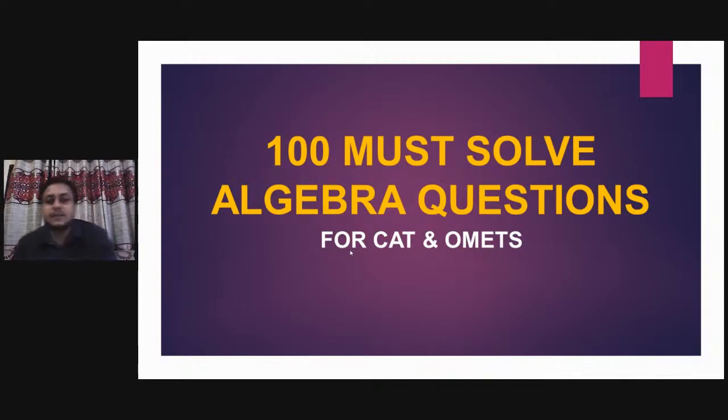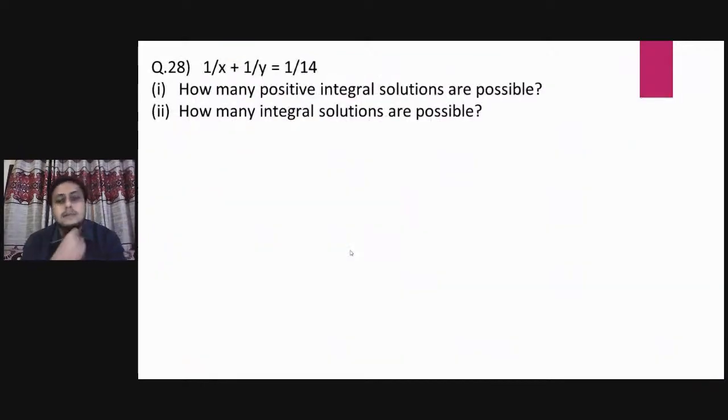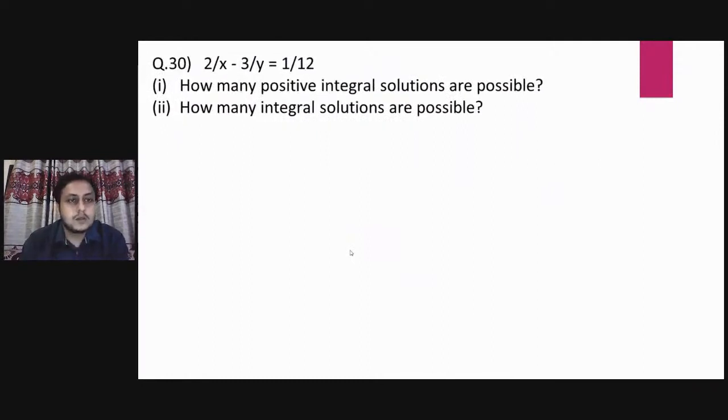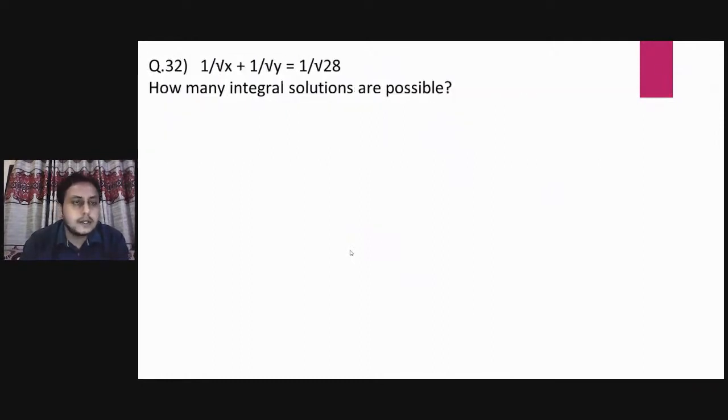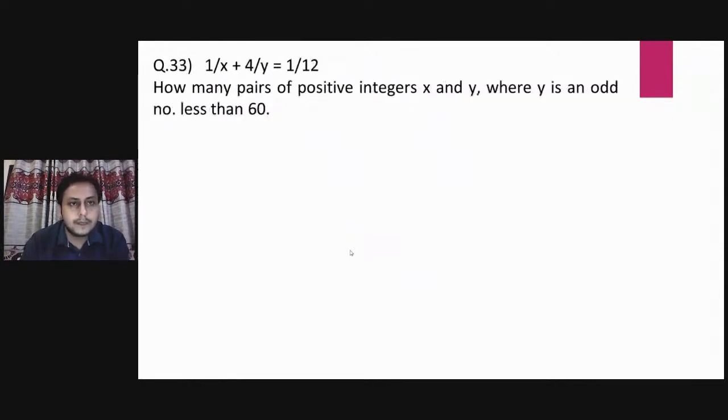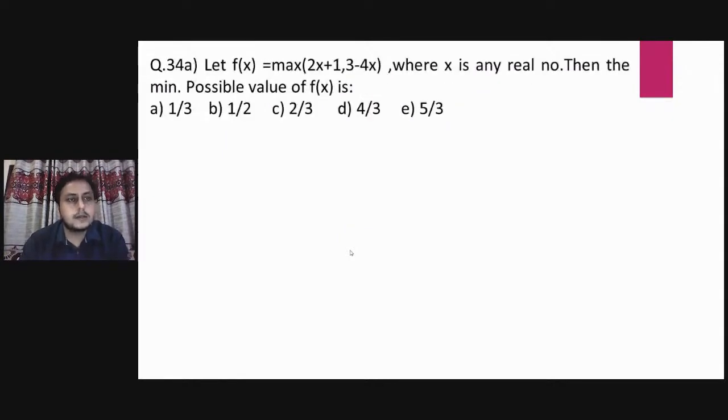So students, this is the fifth session of this series, that is 100 must solve questions of algebra, or you can say 100 must solve algebra questions, right, for CAT and OMETs. So without wasting any time, let's start, right? So I have already done these questions in the last video. So start करते हैं question number 24. One more thing, in this video I will discuss mainly questions of maxima minima, means graph based maxima minima